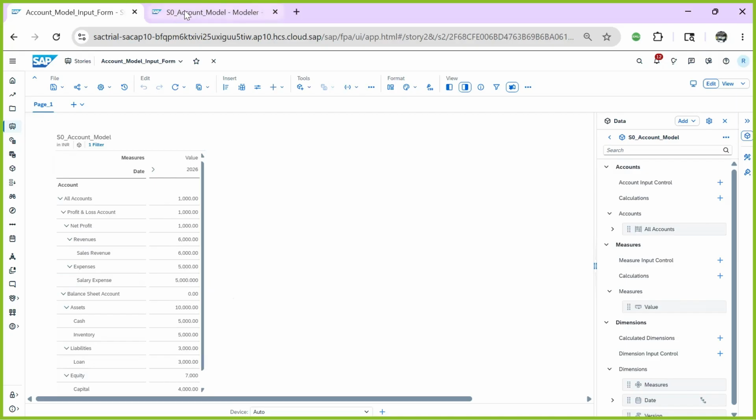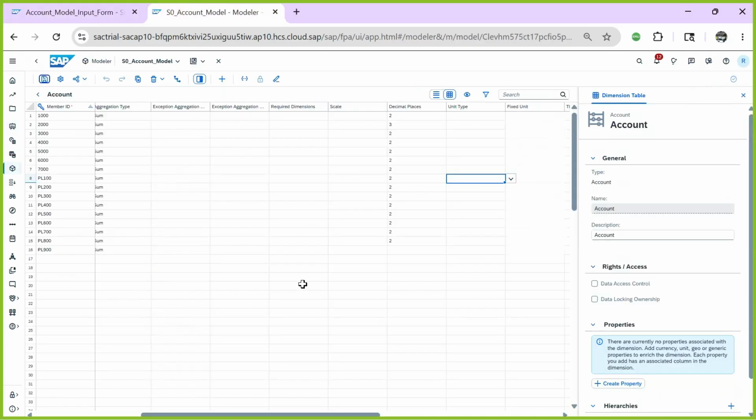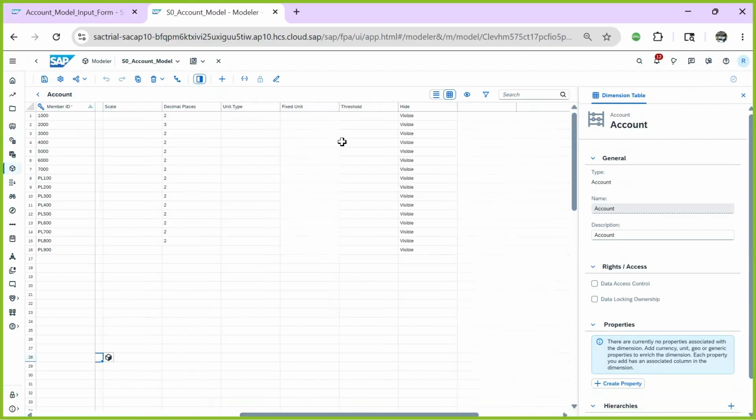Other properties of your model, that is your exception aggregation, then scale, then the unit type, then your currency conversion. Okay. So all these things we'll discuss in